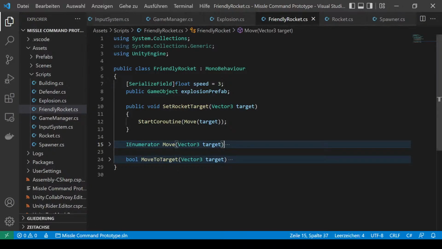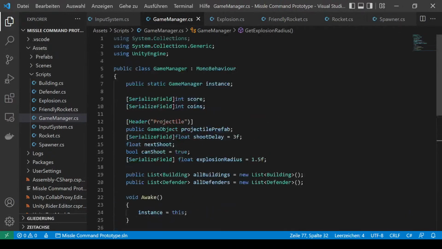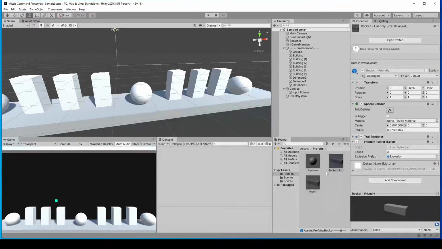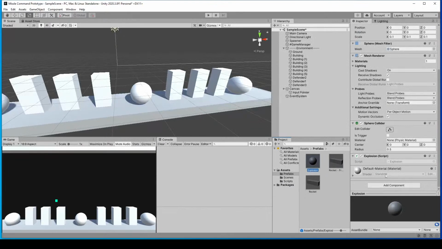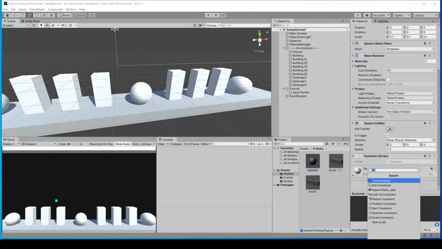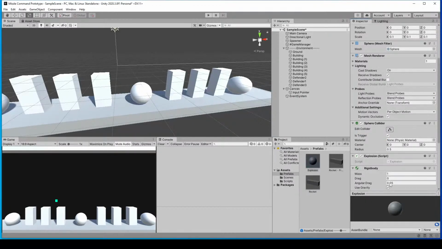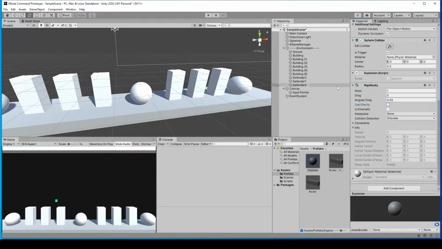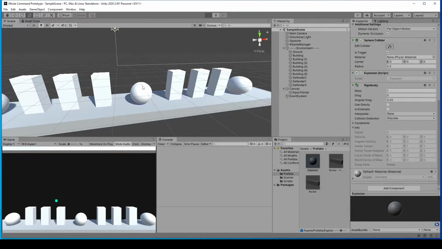I just don't know. So in the Game Manager, since that is a serialized field for the actual explosion radius, I might go and make this one a bit bigger to see the impact. What I need over in one or the other thing is going to be a rigid body component. So this one has to be a trigger one, and I need a rigid body. The rigid body should not have any gravity and nothing else. Gonna save that, and now the rigid body should also trigger if